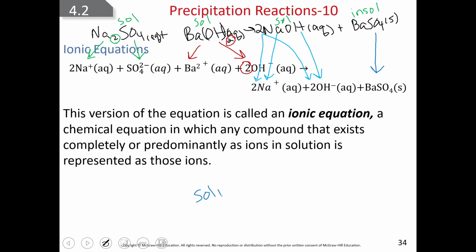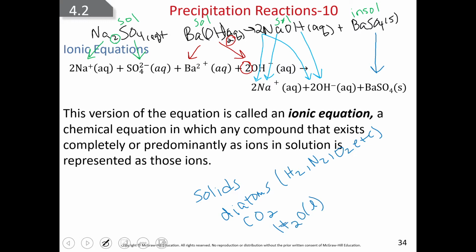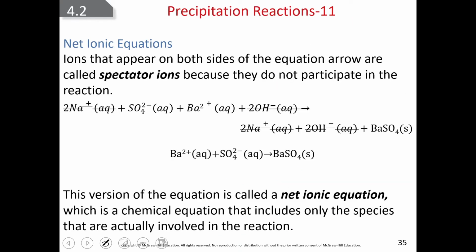So solids, diatomics, remember those are H2, N2, O2, etc., carbon dioxide and liquid water stay together. They do not break apart into their individual ions. Okay, you gotta remember these. You gotta know these. Now that I have my ionic equation written, I can go ahead and look and say,